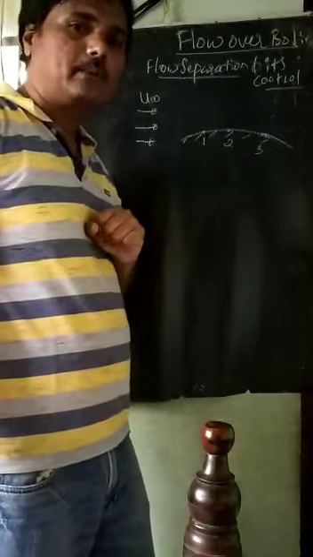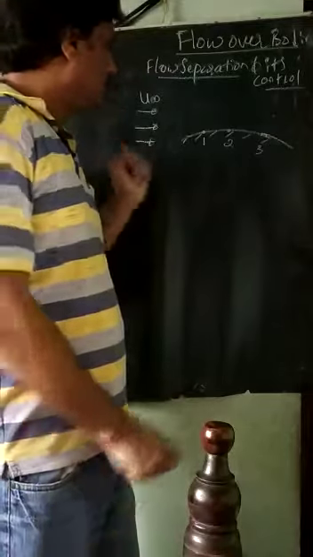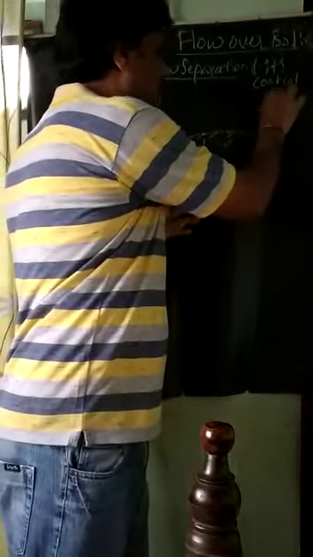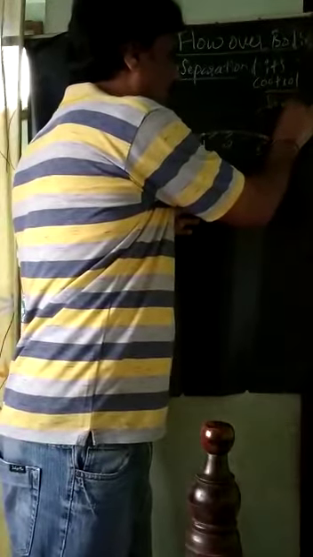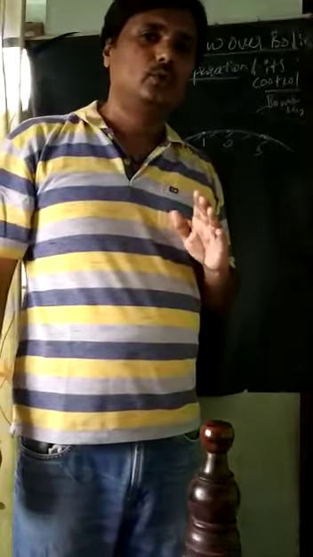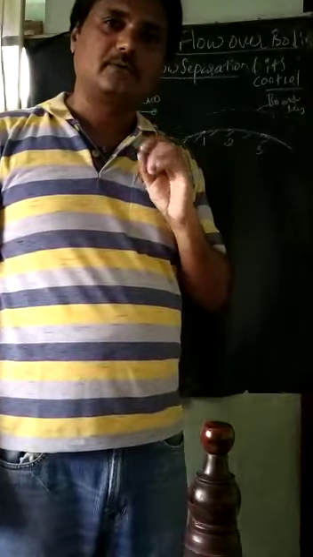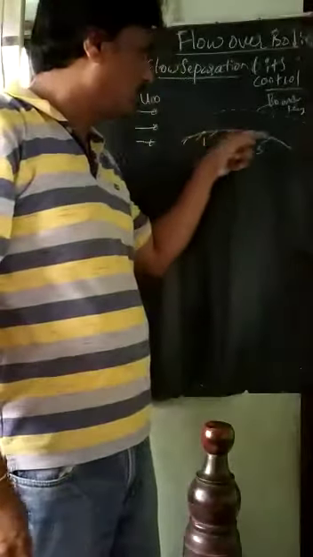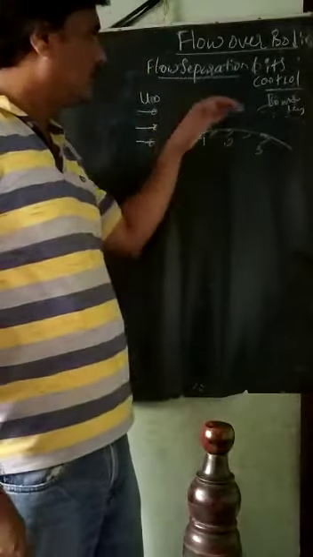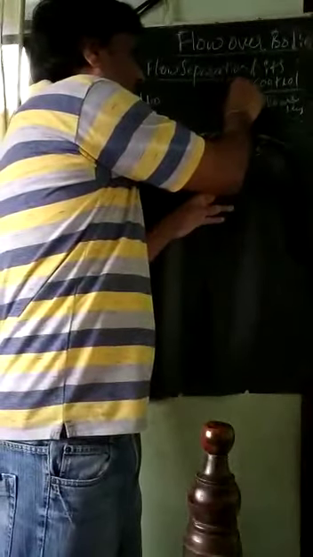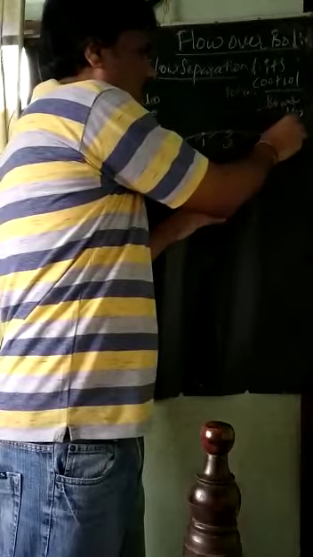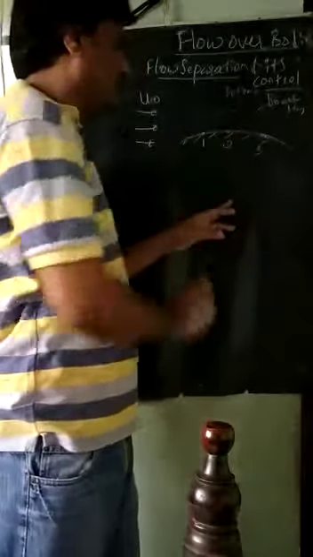Then what happens here? So a boundary layer is generated here. This is the boundary layer which is generated here due to the surface effect of this body. Above the boundary layer, it is the potential flow or inviscid flow. Within the boundary layer is the viscous flow. It is called a viscous flow here.